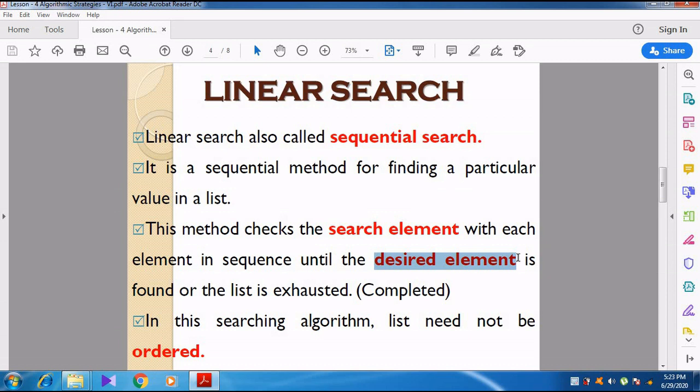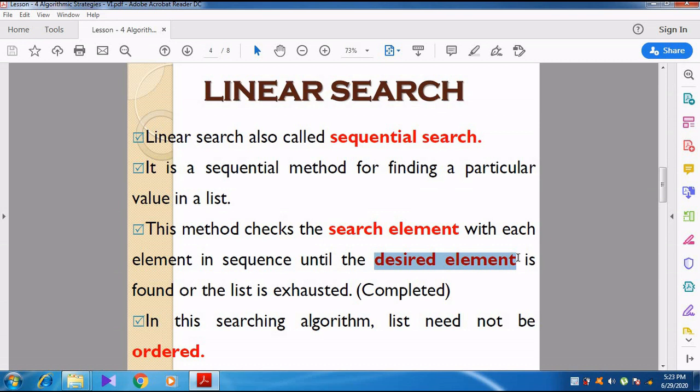The list may contain one or more values. In that we are going to find one value. That one value is called the search element, also called the desired element.